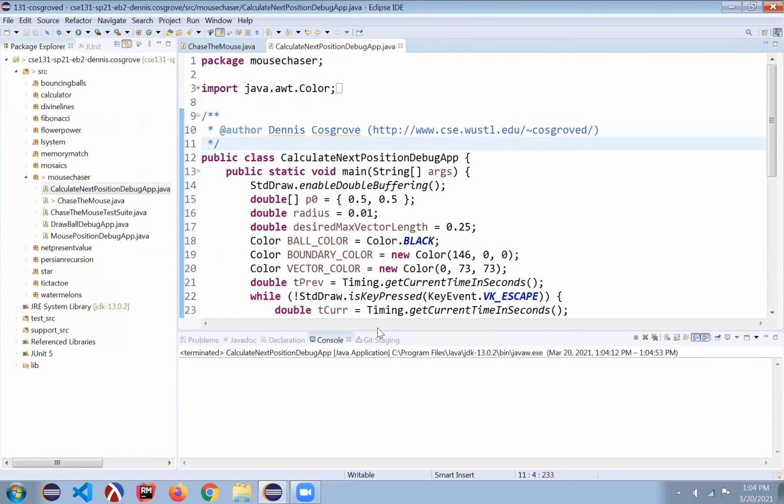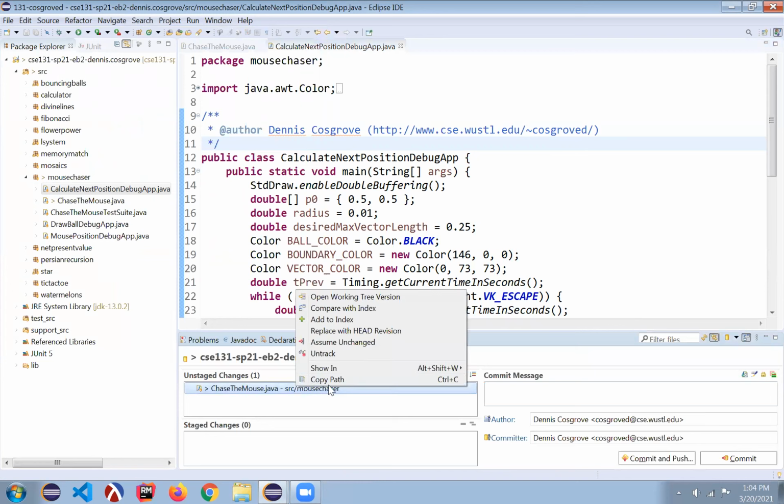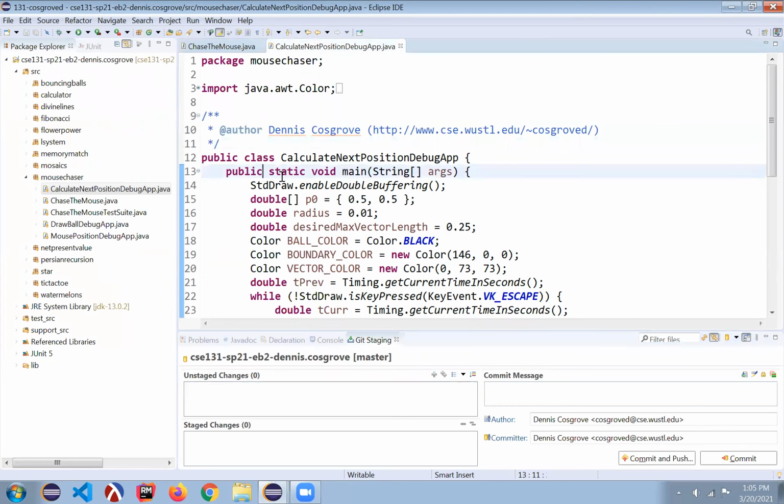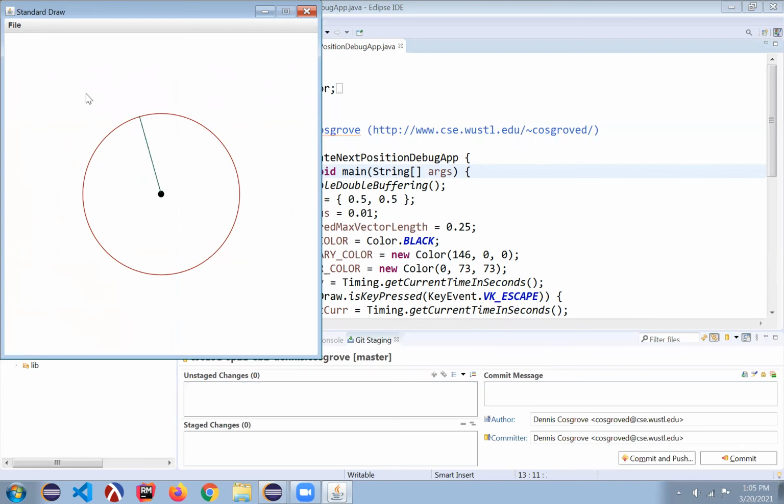As is usually the case, I have squirreled away the correct version of this in Git. And one of the nice things about Git is, always commit early and often so that you can go back to previous revisions if you want. I'm going to discard the changes that I made to that program that broke it. And now when I run the Calculate Next Position debug app, you can see that it's